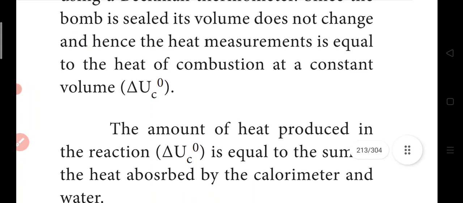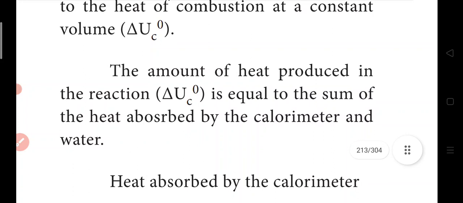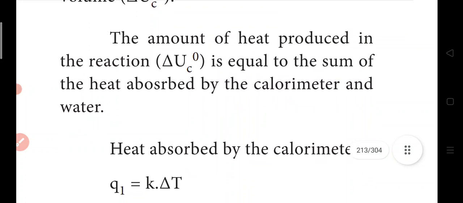So heat transfer mattum dhaan irukkum. Idhil amount of substance change aagaadhu. So the amount of heat produced in the reaction is equal to the sum of the heat absorbed by the calorimeter and the water. So evvalavu heat produce aayirukku appadingradhu namma water vazhiyaaga adhu dissipate aagradhunaala, so namma easy-aaga we